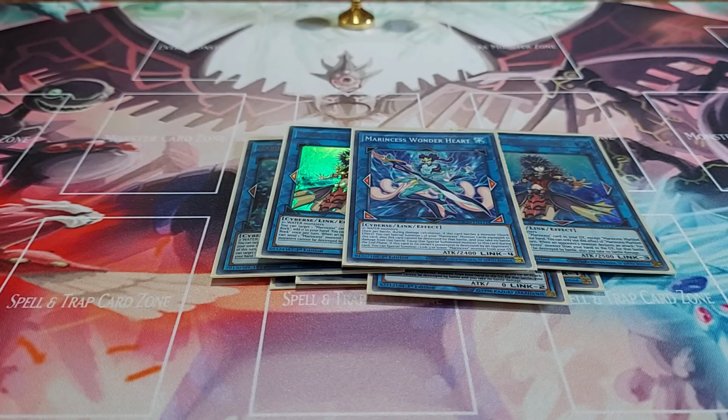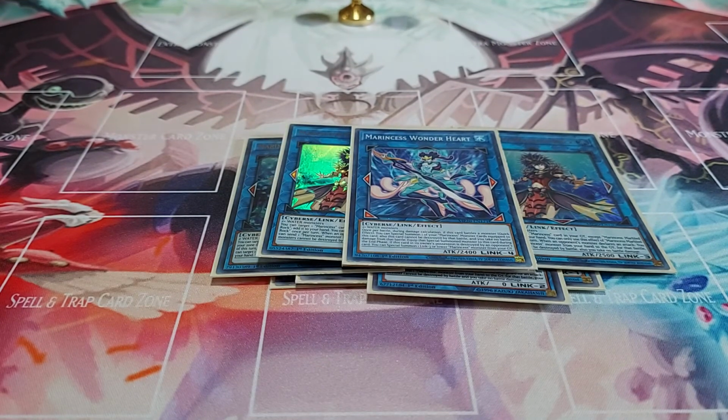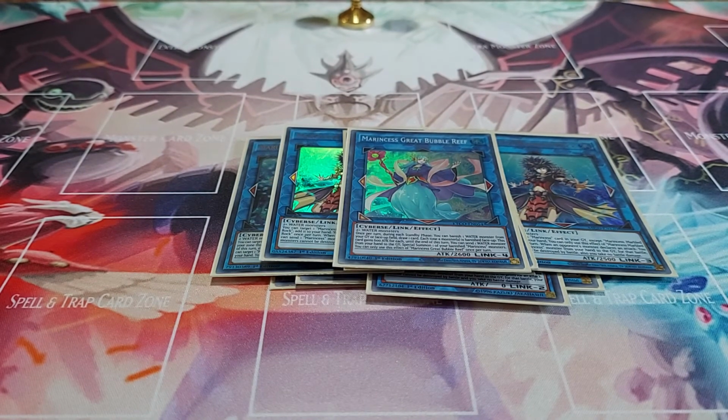If this card in its owner's possession is destroyed by an opponent's card effect, you can special summon 1 Link 3 or lower Marincess monster from your graveyard. I only read this card word for word because I had never summoned it, so it's kind of meh. And the Link 4 that I've always summoned is 1 copy of Marincess Great Bubble Reef,